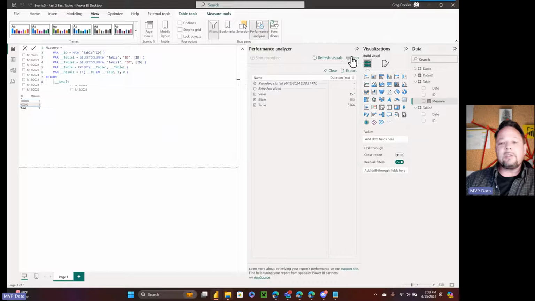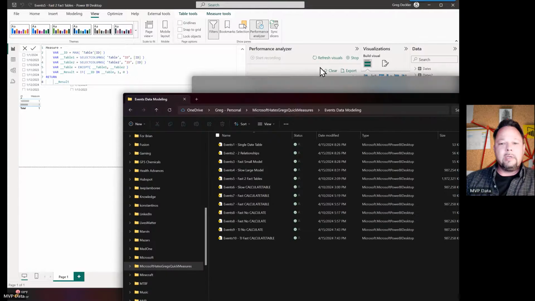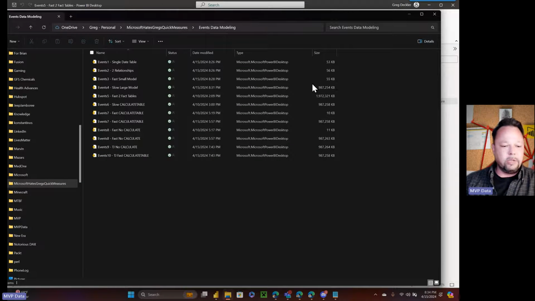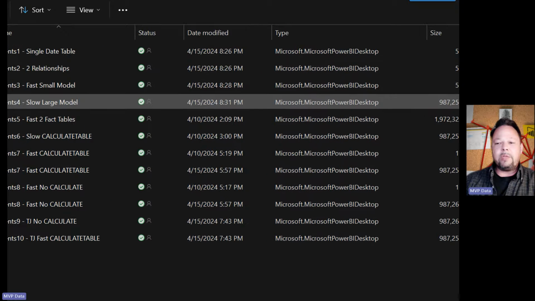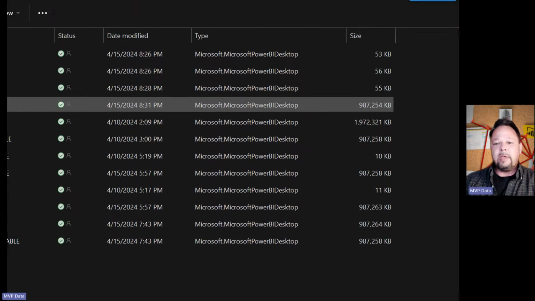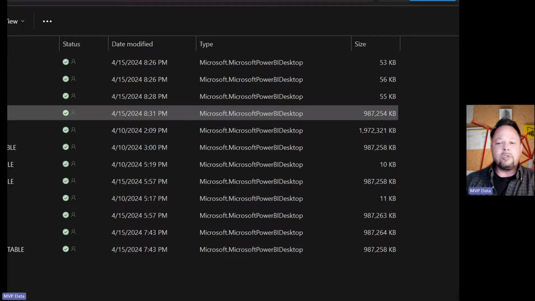Now, the downside to this approach is that you've duplicated your fact table, which is your biggest table, and it really blows up the data model size. Essentially, what you can see here is that the original data model was just barely under a gig. That means we could publish it up to the Power BI service. But now that we've duplicated our fact table in Events 5, it's almost 2 gigs, which, unless we're using Premium, is going to cause problems.